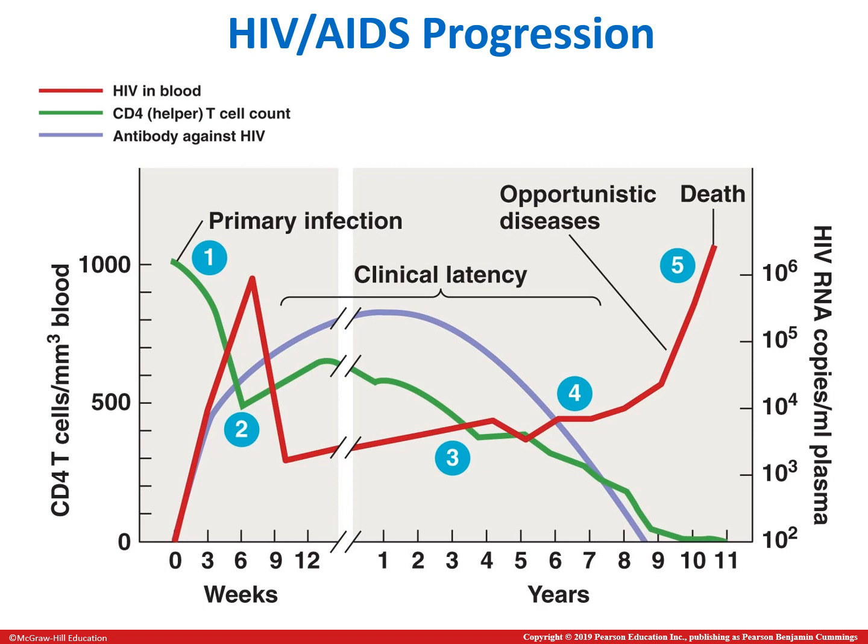And you can see slowly as that virus continues to replicate, it keeps killing off those helper T cells. And it's really not until helper T cell or CD4 counts drop below 200 cells per millimeter of blood that you end up in the condition where we would refer to it as AIDS, because that is when your opportunistic infections or secondary infections can take over, because now you've taken out so much of the helper T cell count that they can no longer manage the adaptive immune response, and people become highly susceptible to secondary